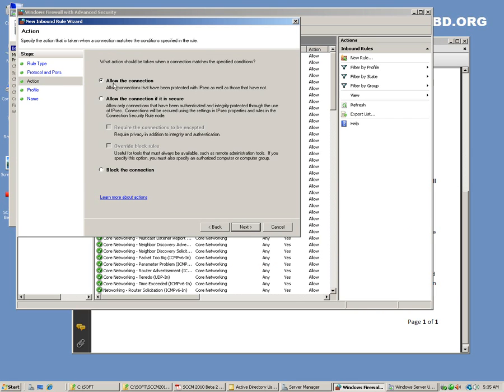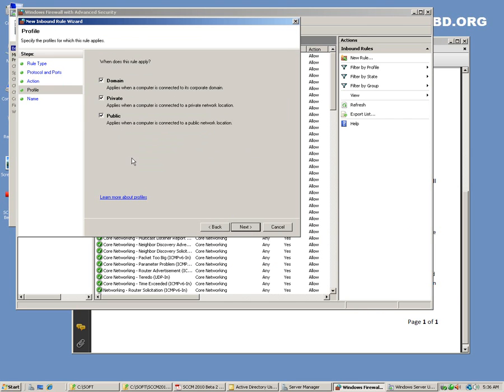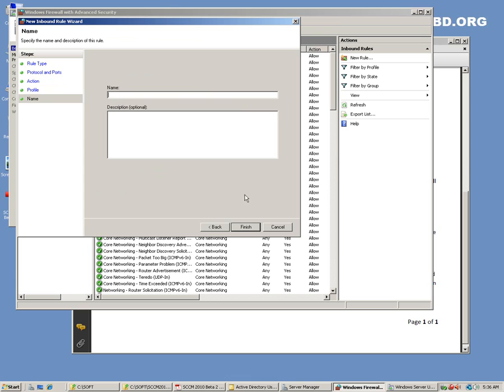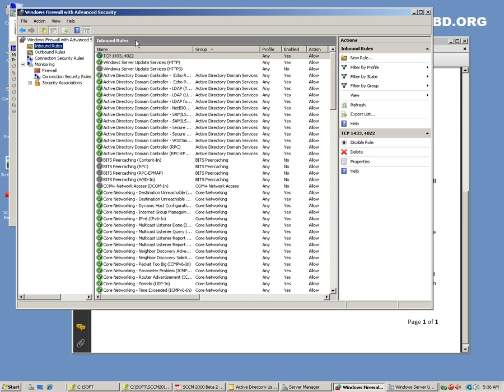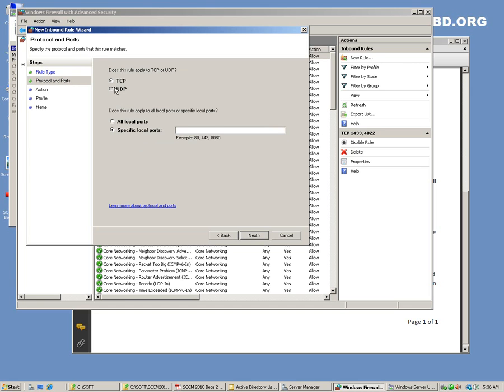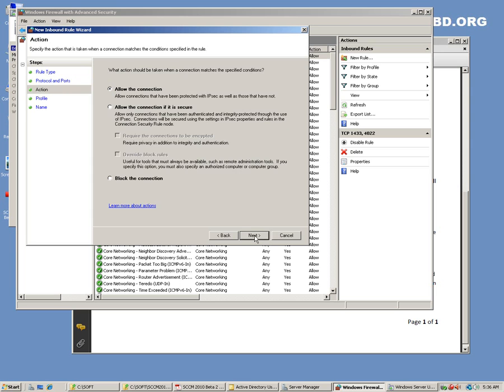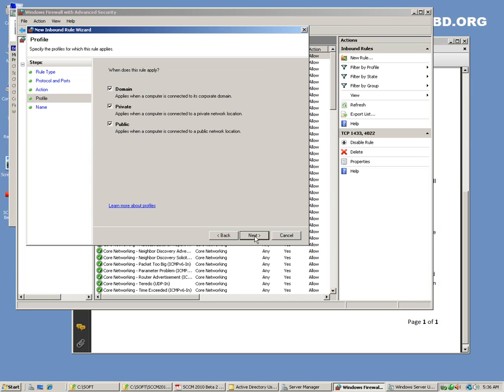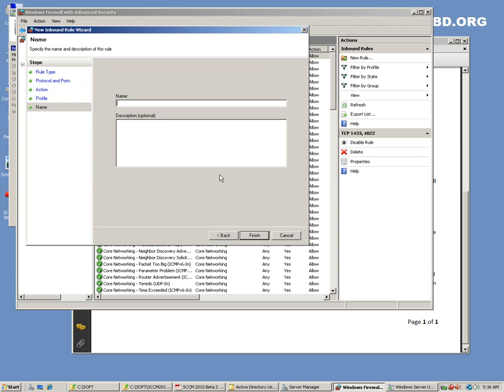Click next, allow the connections on all devices. TCP. So the first one came in. Let's create another one. Pick the port. This would be UDP, just to make sure that we are actually opening all the traffic for everything. This would be UDP,